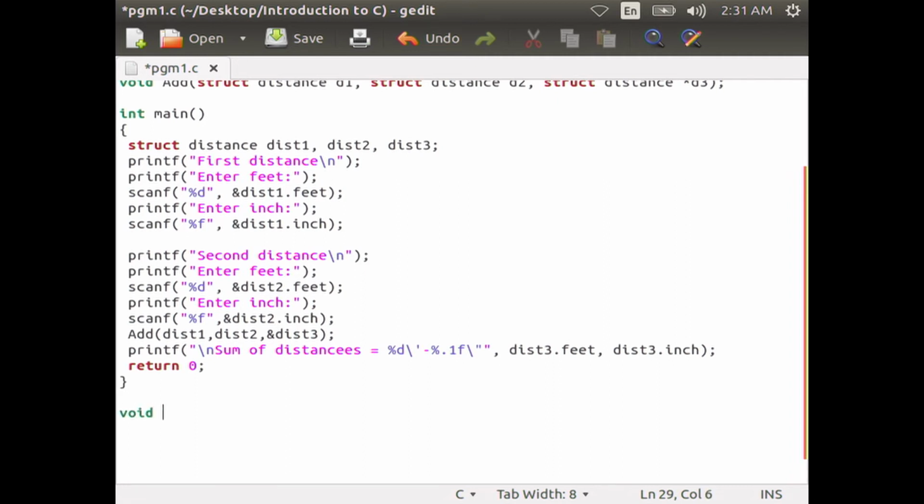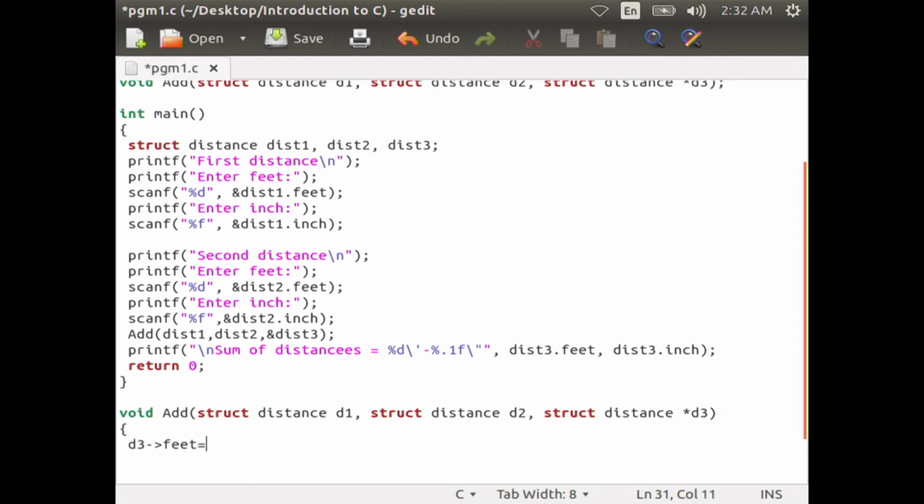Then you declare the function void add, struct distance d1, struct distance d2, struct distance star d3, then within curly braces, d3 feet equal to d1 dot feet plus d2 dot feet, d3 inch equal to d1 dot inch plus d2 dot inch.